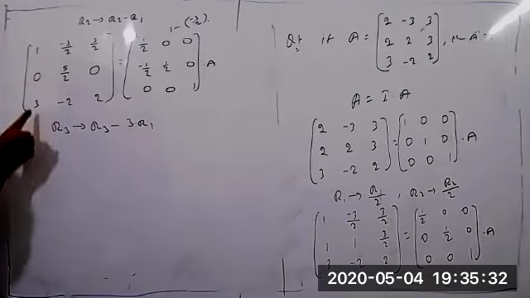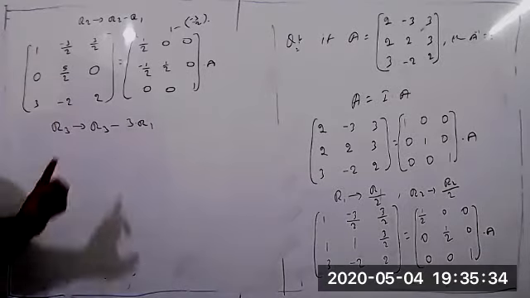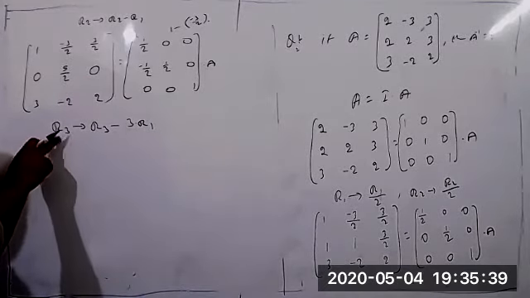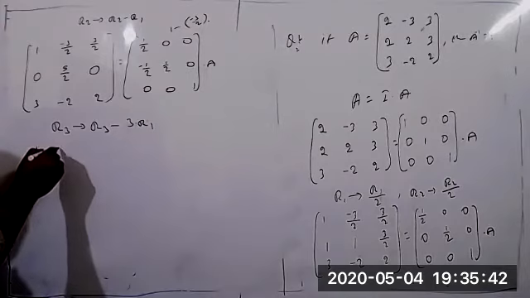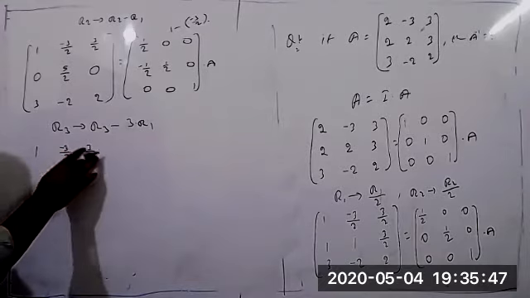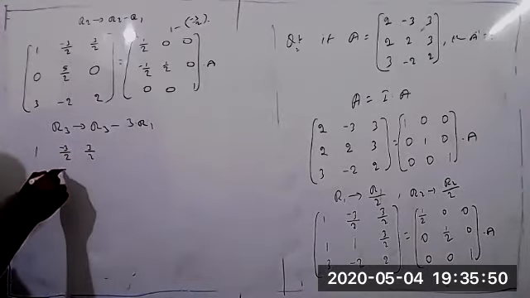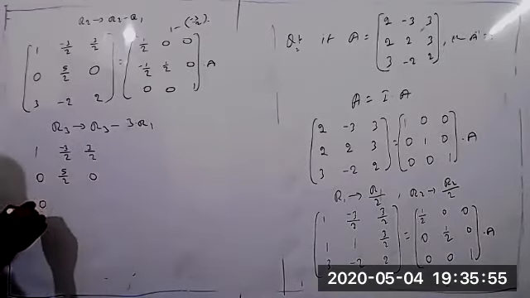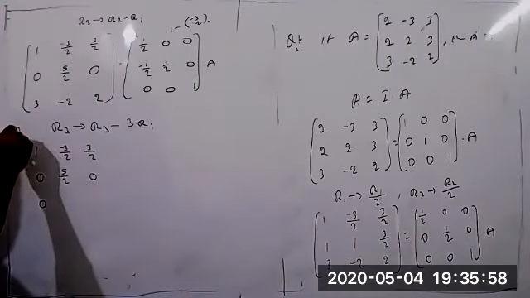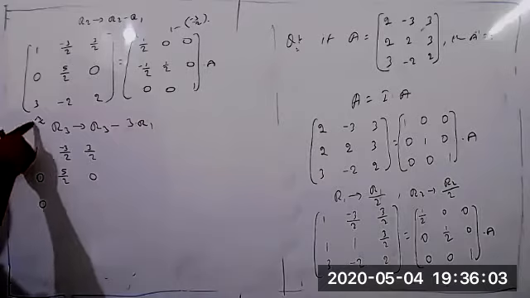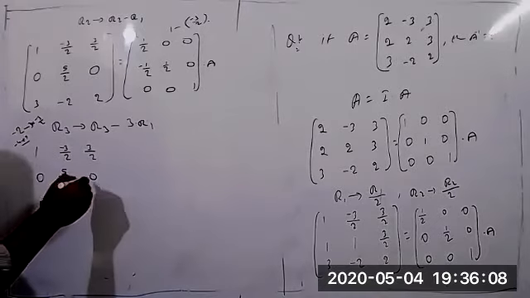Because here 1 is there. So 3 minus 3 into 1 equal to 3 only. But 3 minus 3 equal to 0. It's enough. So write this value now. I am changing only the third row, so first row, second row, write as is only. 1 minus 3 by 2, 3 by 2 now. And 0, 5 by 2, 0. Like 3 minus 3 equal to 0 again. Here minus 2 minus 3 into minus 3 by 2. So minus into minus 3 into minus 3 equal to plus 9, so plus 9 by 2. So minus 4 plus 9 means we'll get 5 by 2.